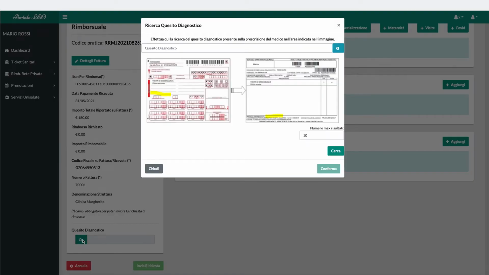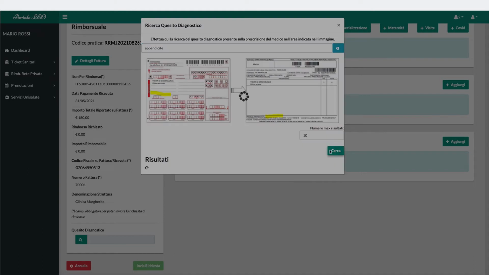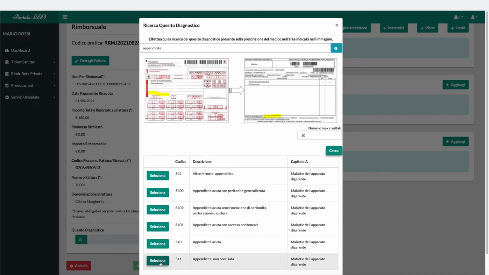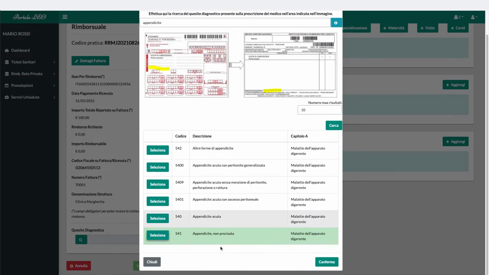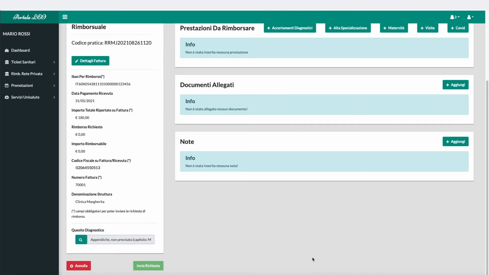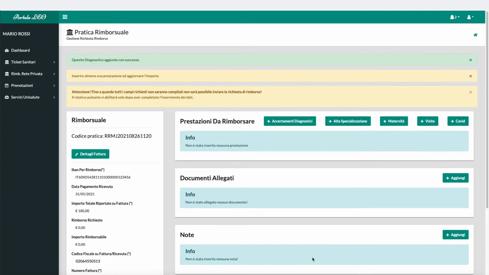For example, you just need to write appendicite. Click on the green button Cerca and select the right pathology. After that, click on Conferma. On the right-hand side of the page, you can add information and additional notes and then attach the files necessary